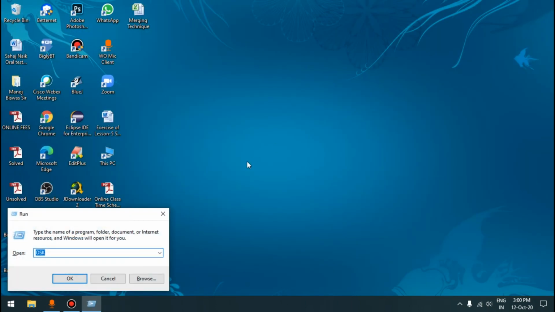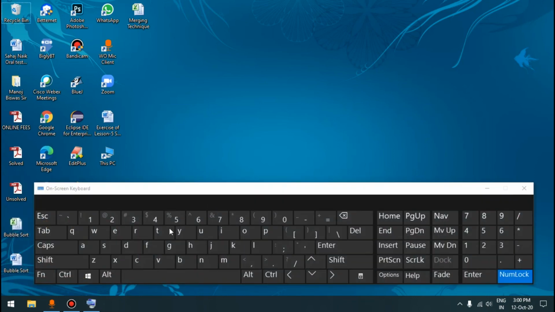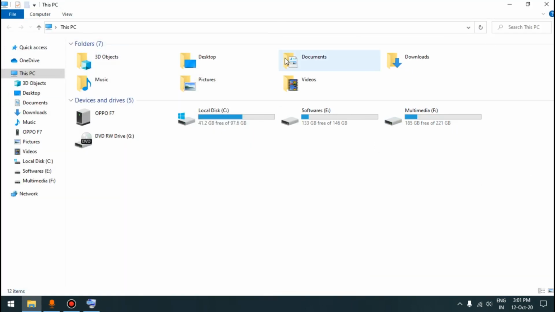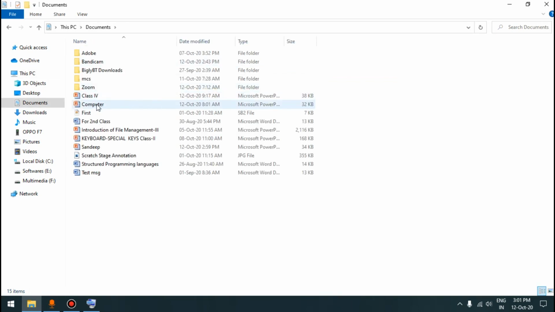Let me show you the keys. First of all, I'm going to open the on-screen keyboard. This is the shortcut key combination you will press. If you recall, this is the Windows key that we discussed in third standard. Then we will press the E key. After pressing the Windows key, we will press this E key, and the Windows Explorer window will appear on the screen. Now we will open the documents folder, because I have saved my presentation in documents. So I will double click over it, and this is my file that I have saved, Sandeep.